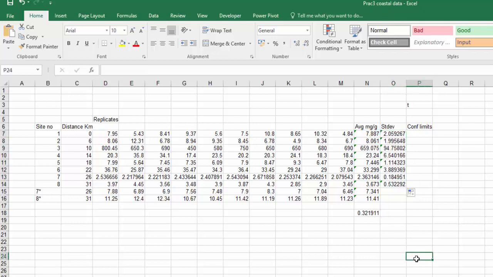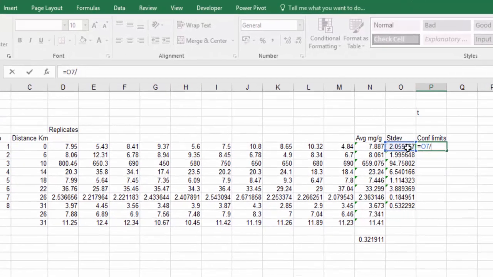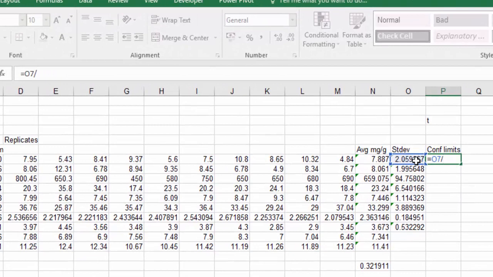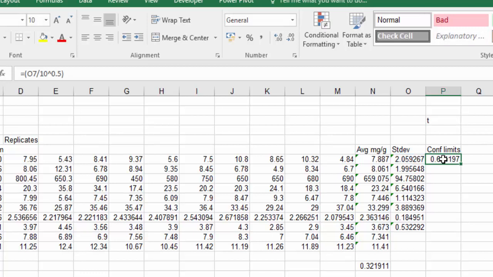To turn our standard deviation into a confidence limit, we need to first of all convert it into standard error. So we take the standard deviation and divide it by the square root of the number in the sample. The number in the sample is 10, so 10 to the power of 0.5, that's the square root of it. So in that bracket we have the standard error. The standard error needs to be multiplied by the t value. The t value we can put in here is going to be